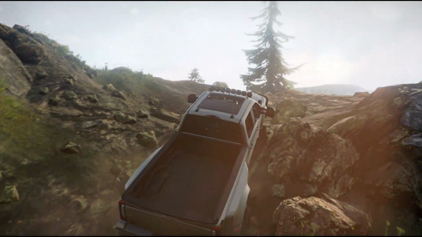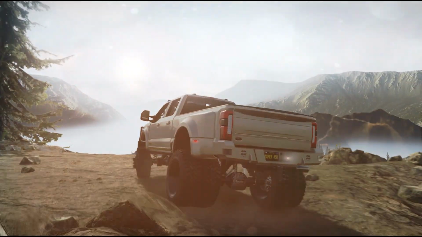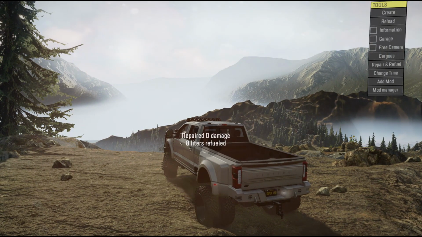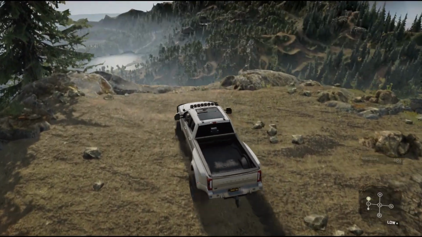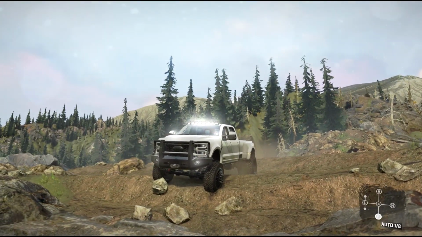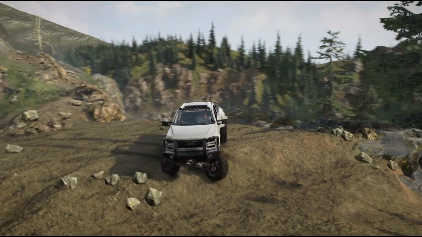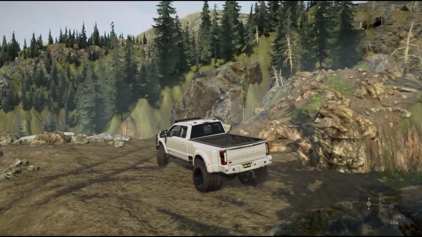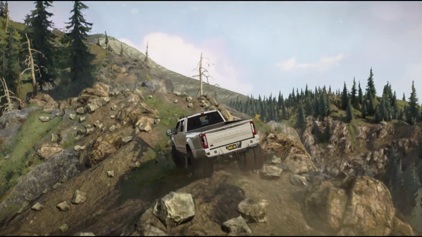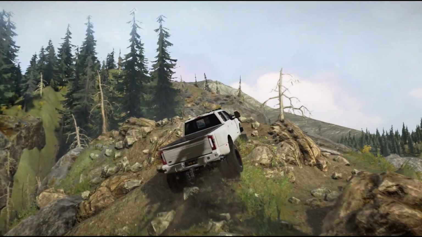And at the end of the day, I do honestly think that there are a lot of mods in SnowRunner, like, for example, a lot of John Hot Rod stuff, like either this particular truck or John Hot Rod's interpretation of a Bronco Raptor. There are a lot of different vehicles by John Hot Rod in particular that I think would drop right into Expeditions really well, especially as someone that has played the preview build. I also think a lot of Dubs' mods would drop in really well, and a lot of Diesel Addicts mods as well.